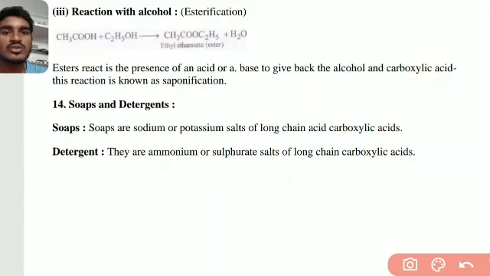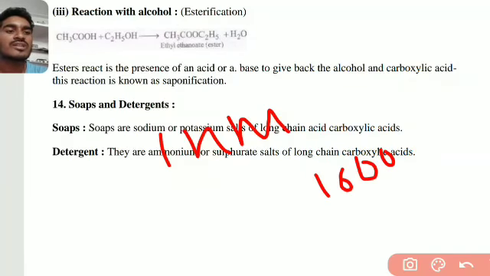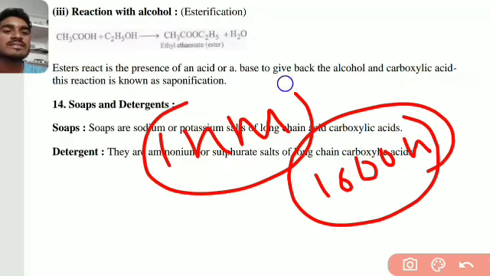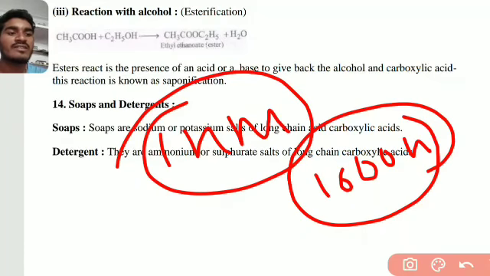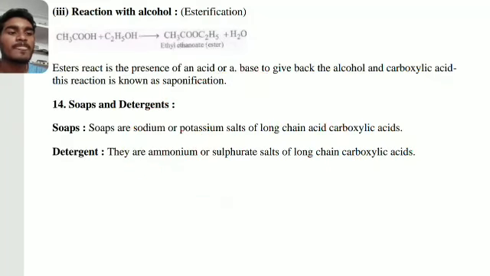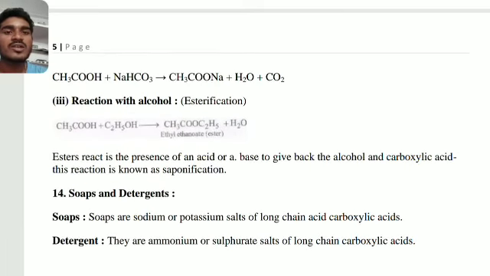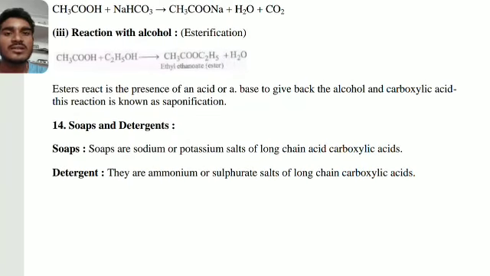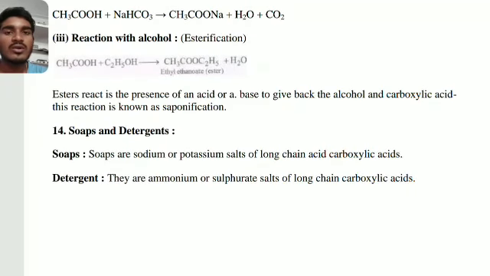And next, colloid solution means the colloidal particles are more than 1 nanometer and less than 1000 nanometers. These are the colloid particles. We have the dispersion medium and the dispersed phase. These are very, very important. Next, these are the final topics, the shortcut from all those topics today. So this is all about carbon and its compounds.